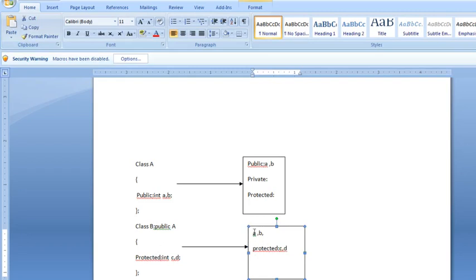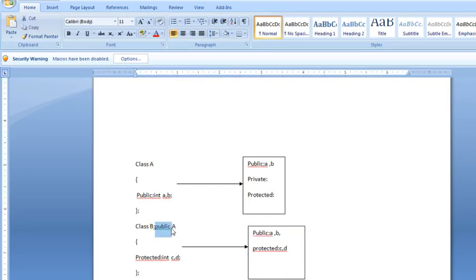A and B are also part of class B after inheritance. Where will they lie? They will lie under the public section, because B has been inherited publicly.